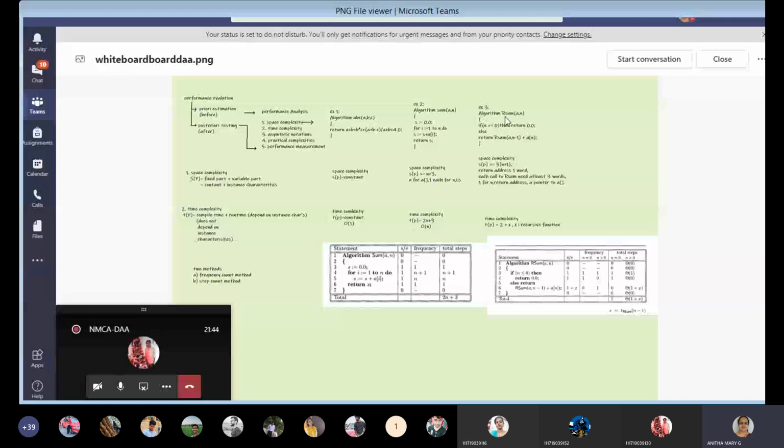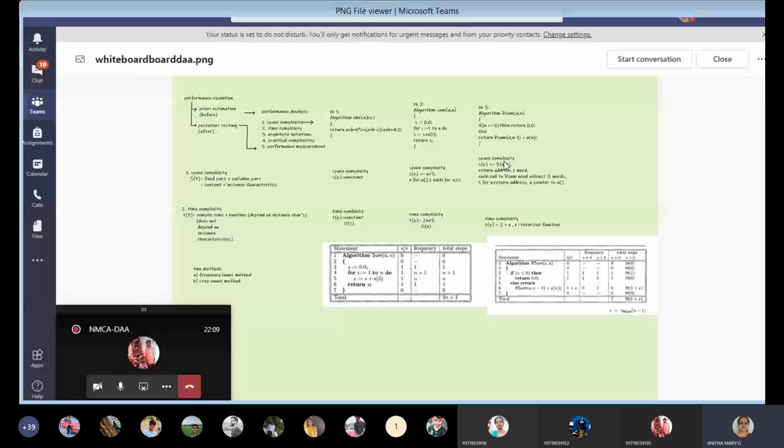Since this is a recursive algorithm, the depth of the recursion is n plus 1, and at every recursion we need three words of space. One is for n, one is for the return address, and one is for the pointer. That is why 3, and the depth of the recursion is n plus 1.